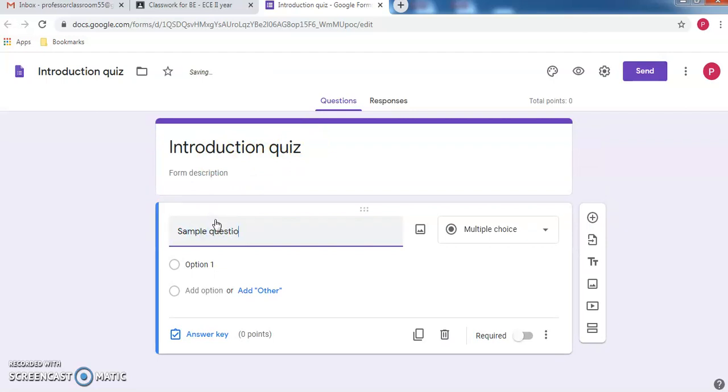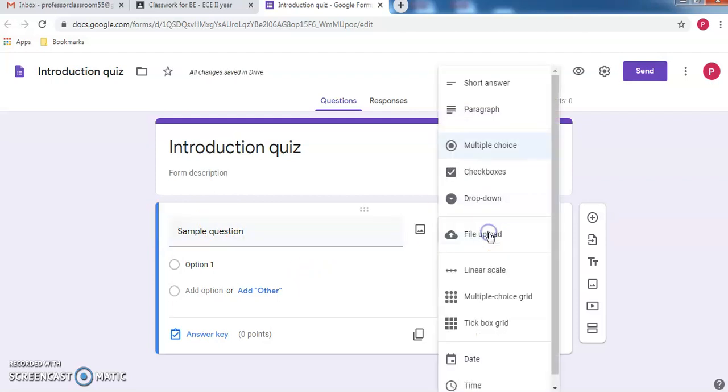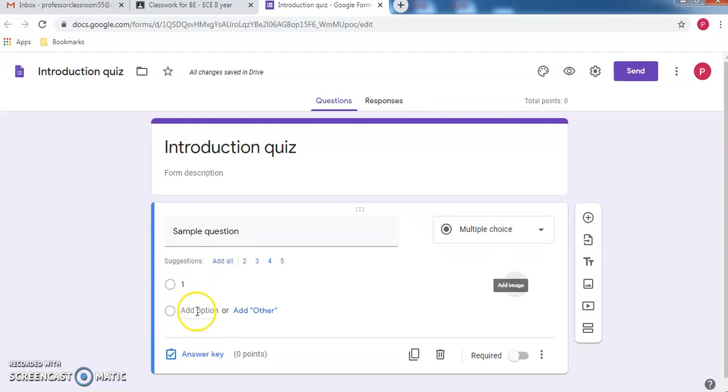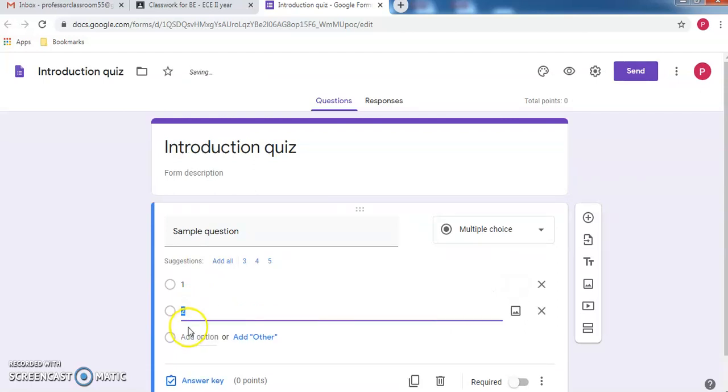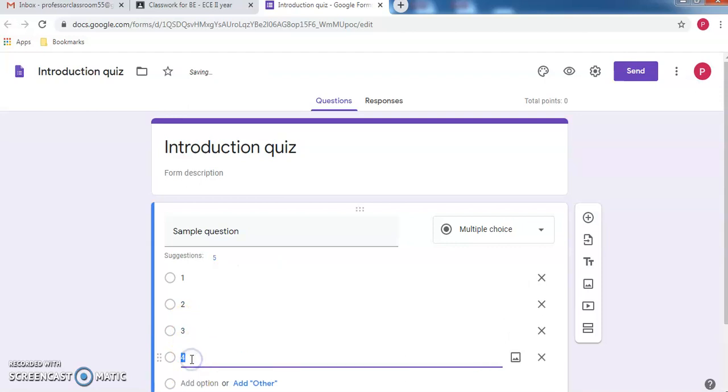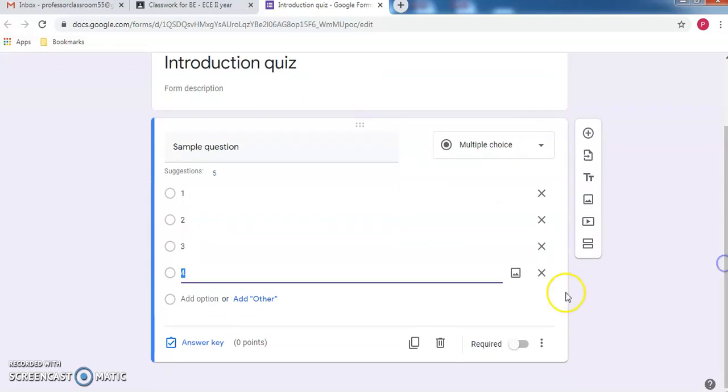Sample question. So this is of multiple choice. So choice 1 is 1, choice 2 is 2, choice 3 is 3, and choice 4 is 4. Okay, so I have given 4 choices, and there is an option for answer key.